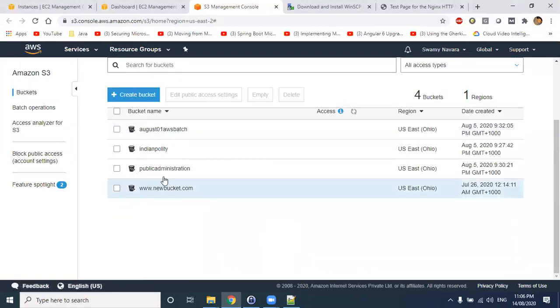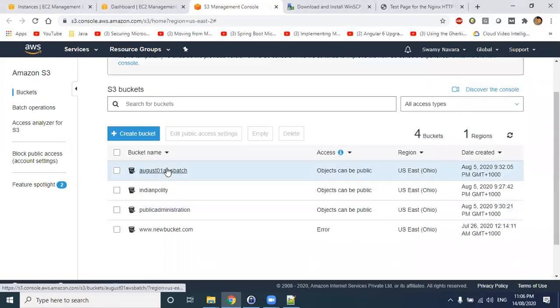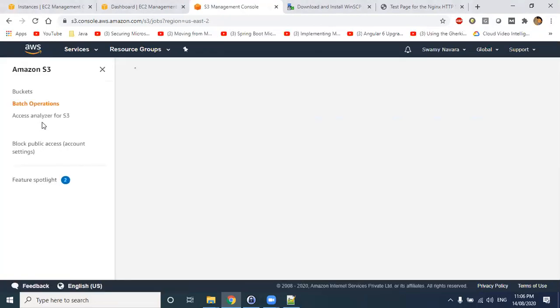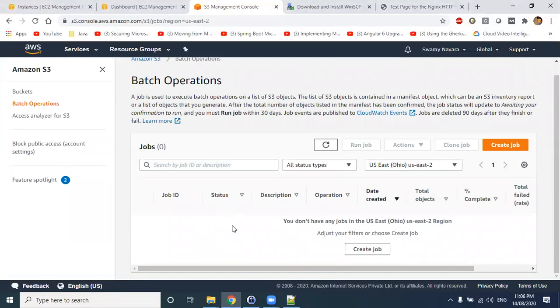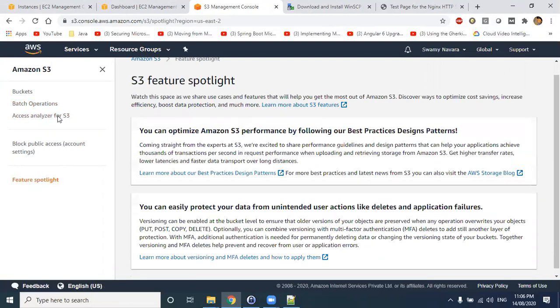This is a new console. I have seen this. Come on. Feature for go to buckets.